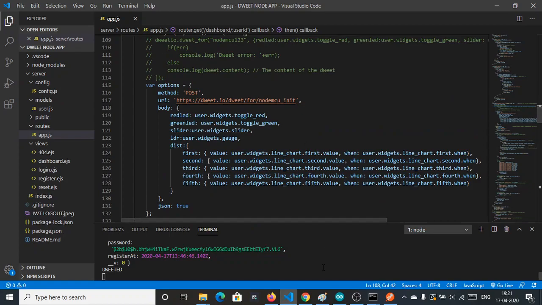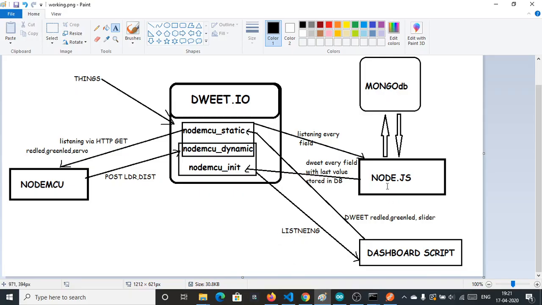First, from Node.js we will take every field with the last value stored in the database, the values which are stored in the database, and post them to node mcu underscore init. This is basically listened to or read by the dashboard script.